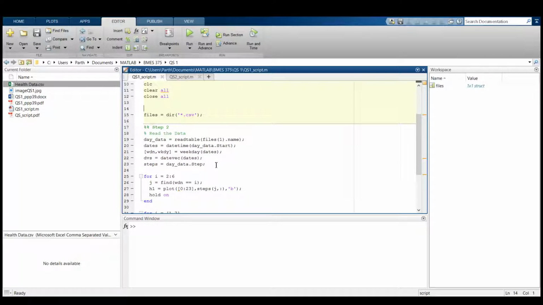Now step 2, after I've got the CSV file into MATLAB, I want to get the step data out of my CSV file, right? An interesting property of a lot of Excel files, a lot of CSV files, in conjunction with MATLAB, is that you can read them as a table. So I use this command, readtable, with files, the first file in files, and there's only one file in files, as I mentioned earlier. So I'm going to read files in,